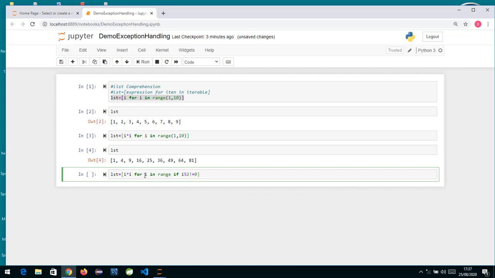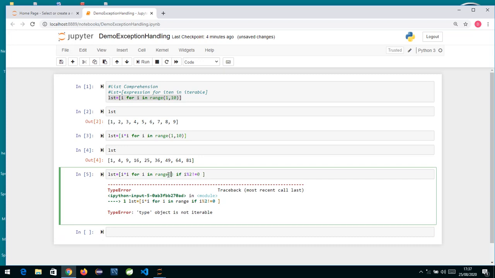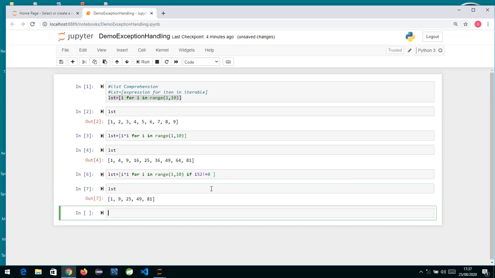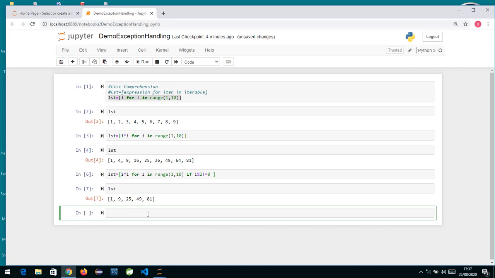What we are trying to say is, for every value in this range, if this condition is true, then this expression will get evaluated and this value will be added into the list. If we run this, it's giving me an error. Why? Because I have missed out the range values, so I need to specify 1, 10, and now we will run this. If we check the list now, we have got the squares of all the odd numbers. So basically list comprehension is another effective way of creating a list.